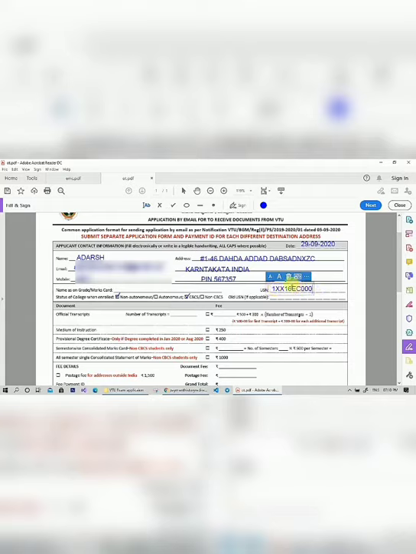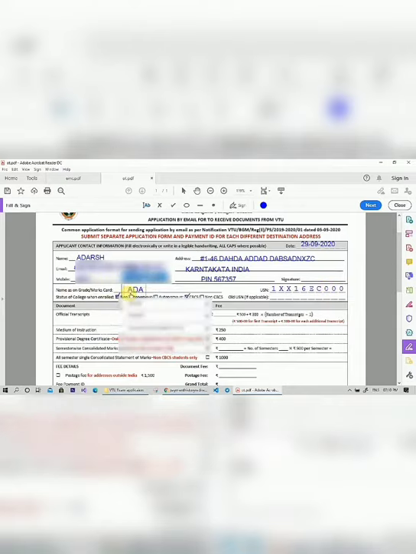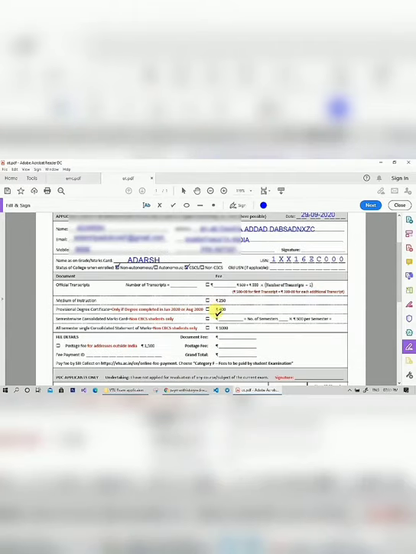After typing your USN, click on AB option and then adjust the text box. And then here enter your name as on mask card. And if you need transcript, select the number of transcript required and also check the tick box. But I need only PDC, so I'm checking this PDC checkbox.